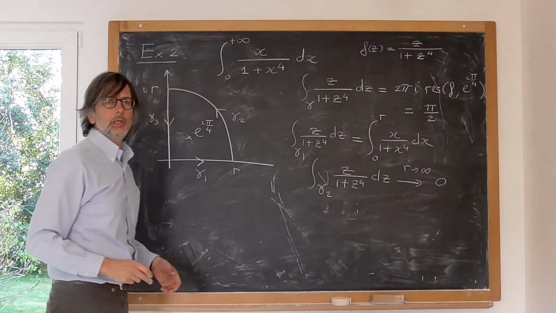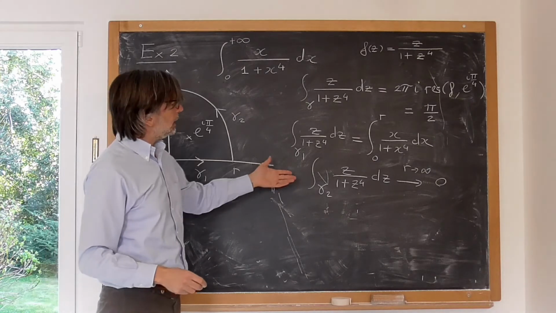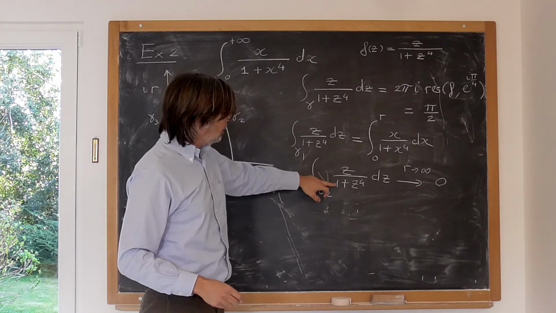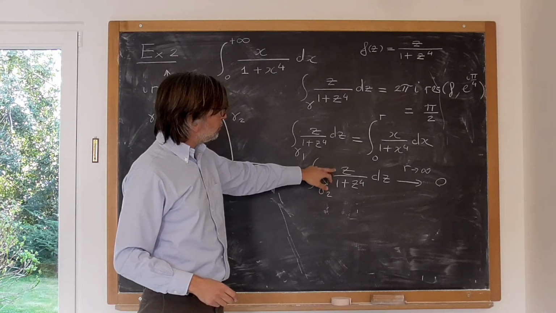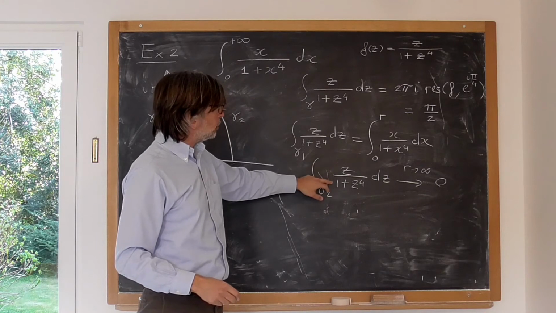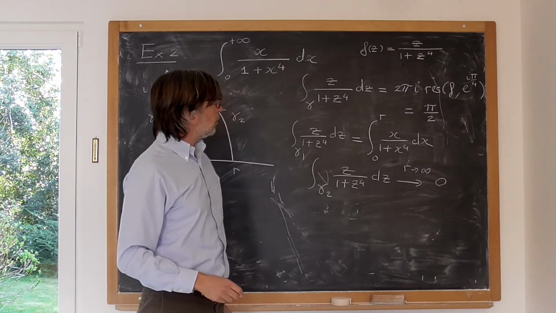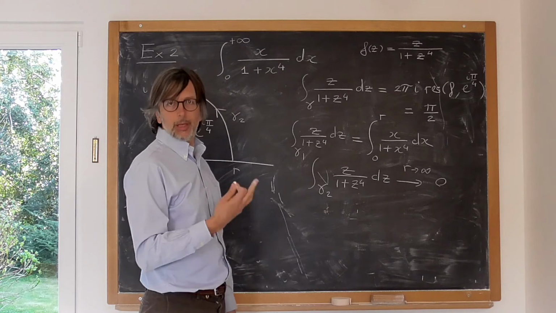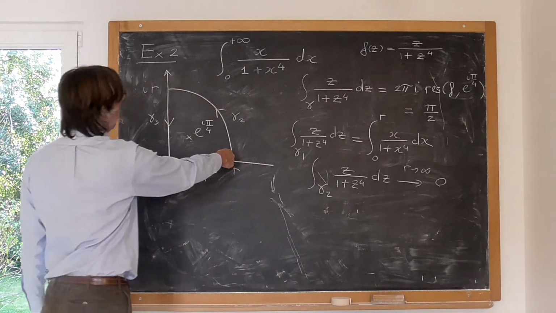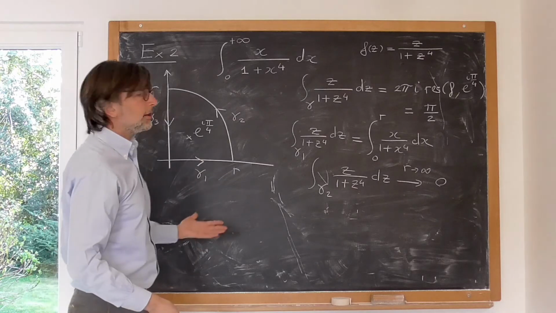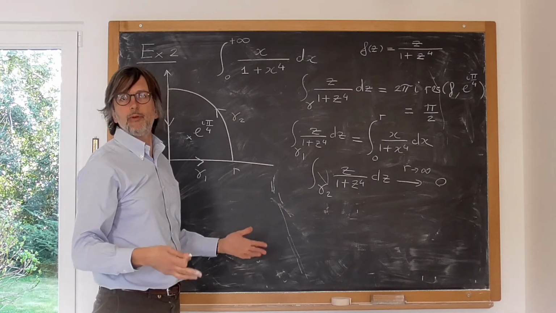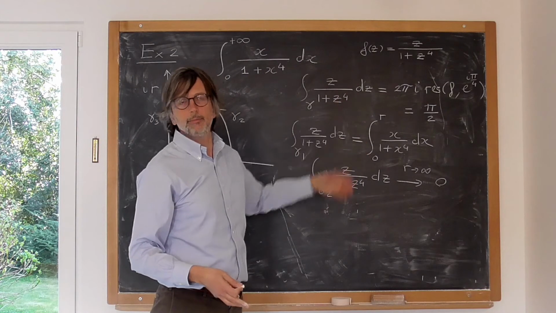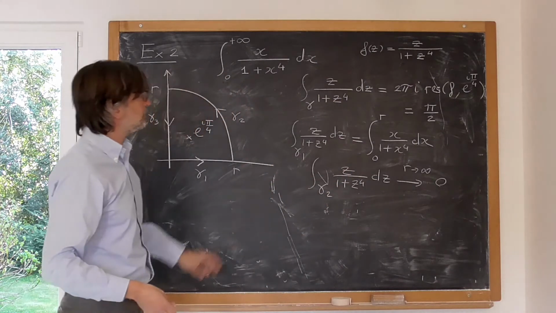This is the usual computation that we did when treating integrals of type 2, right? Here the denominator has degree 4, the numerator has degree 1, so this function goes to 0 when z goes to infinity, like 1 over z to the power 3. And when we integrate over this arc, which has length which goes to infinity like absolute value of z, we get something like 1 over r squared. So it will go to 0,